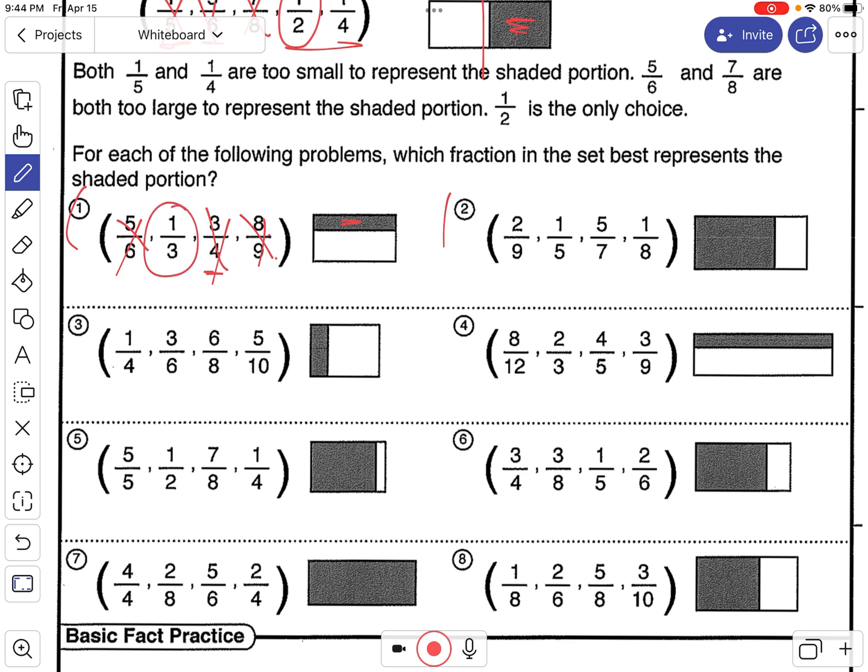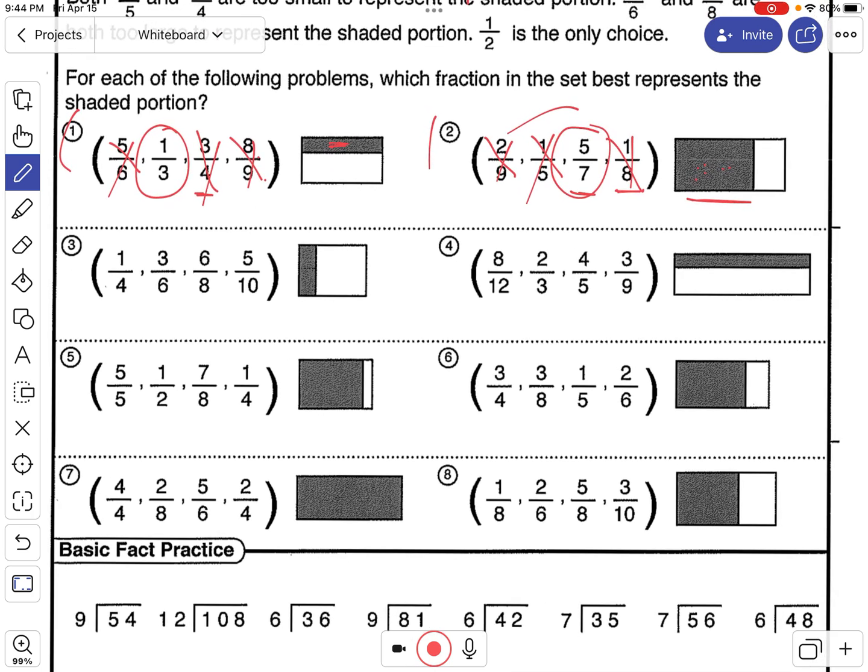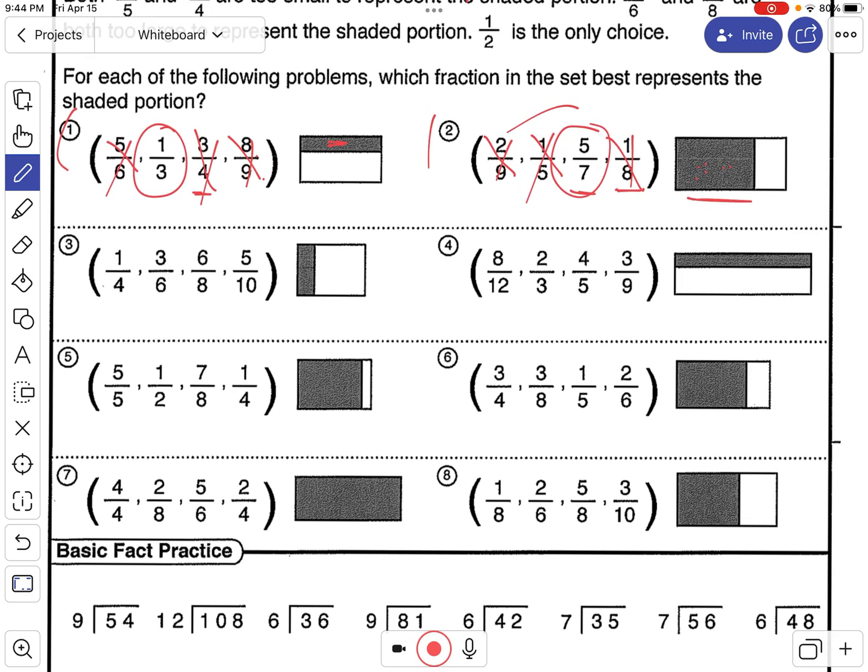How about on this one over here, number 2? Could this be 2 shaded out of 9? Impossible. 1 shaded out of 5? Impossible. 5 out of 7? That looks like it could be 5 out of 7 means most of it's shaded, right? That could be it. Could it be 1/8? No, there's no way that shaded is 1/8. So 5/7 is the correct choice. All right, this is just too easy. Pause the video, do 3 through 8, and then turn it back on when you've finished all the way down